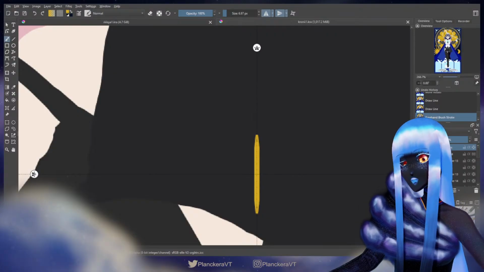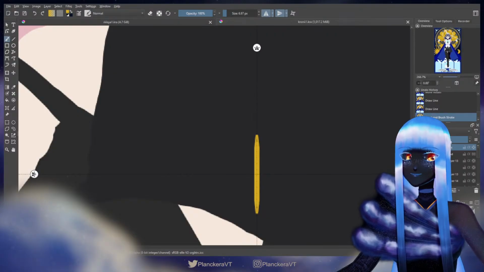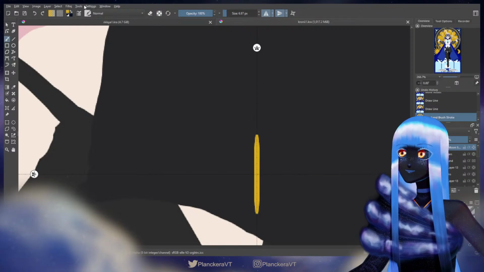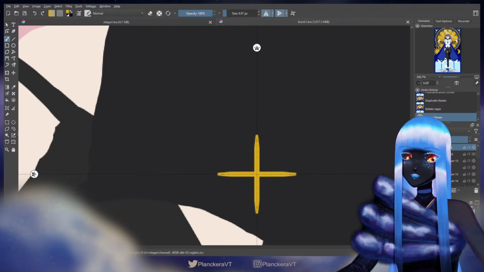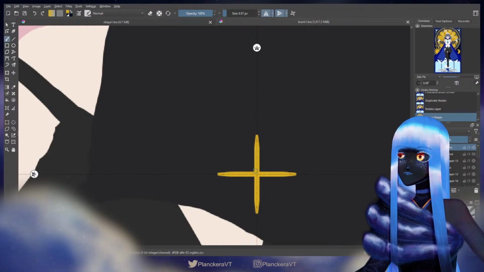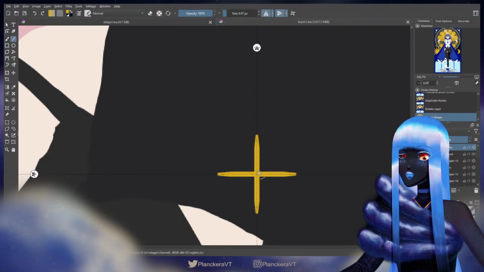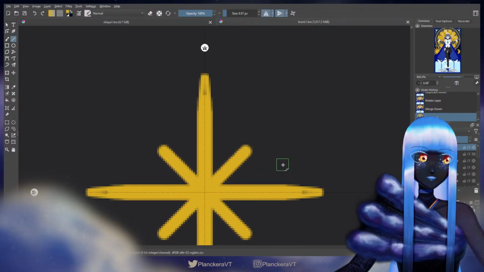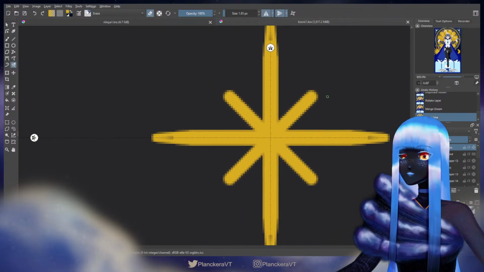Okay, and then I just want to rotate this like that. And then I'm going to bust out the line tool again, but this time it's going to be pretty simple because that 45-degree angle placeholder I put in on the last one is actually just what it's going to look like for this one.